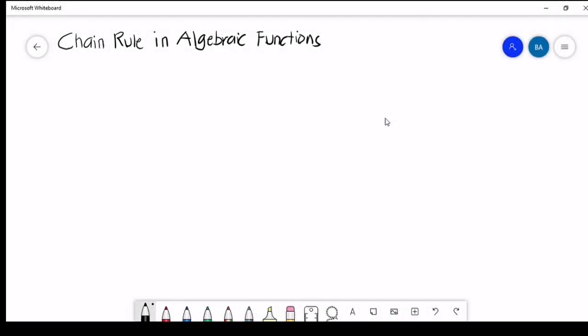Good day, everyone. The topic that we will be discussing today is about chain rule in algebraic functions. We know that the theorem of the chain rule states here that